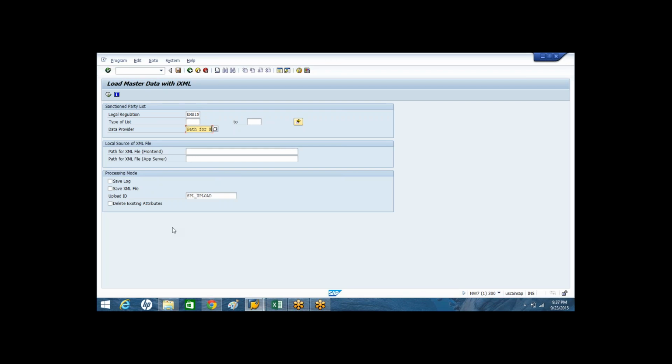For instance, if the data provider sends you the XML file, the SPL list, using an interface, like if they are able to send or push the data directly to your GTS system, then you can use the second option, that is path for XML file using the application server.